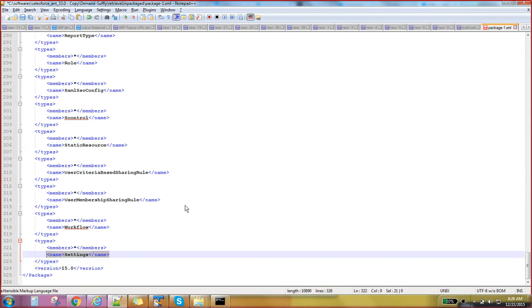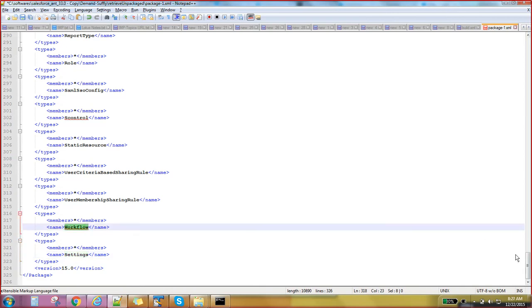These are the different types of members. While downloading, make sure it is in this category. Then only can we download the code. If you say workflows, then it will throw an error, something like that. So if you know how to do packaging, then it's very easy. Okay, fine.